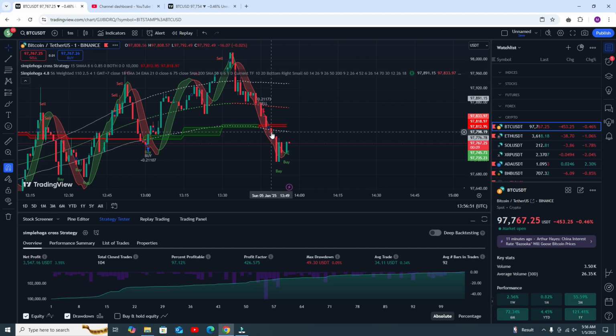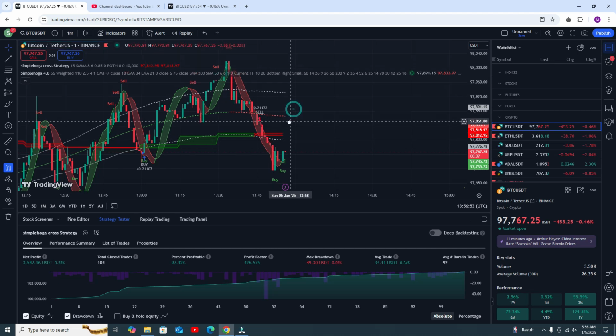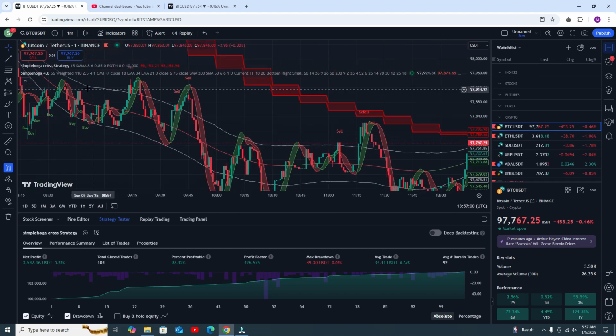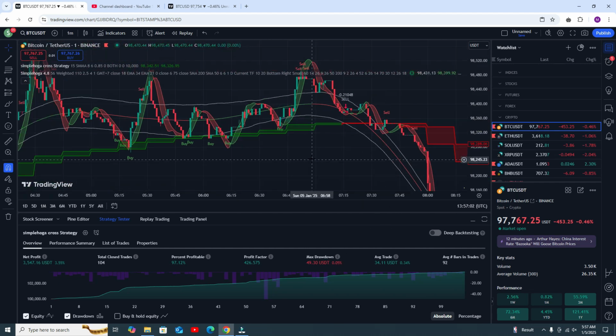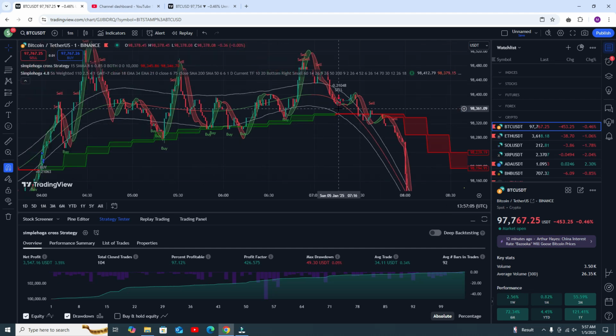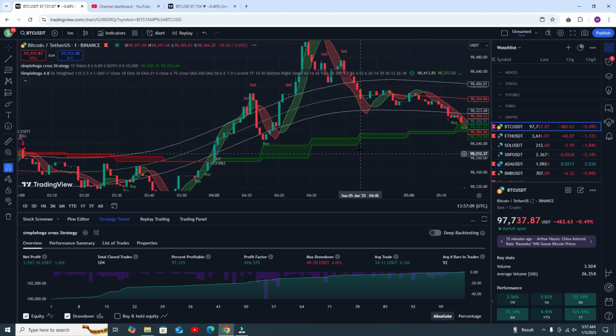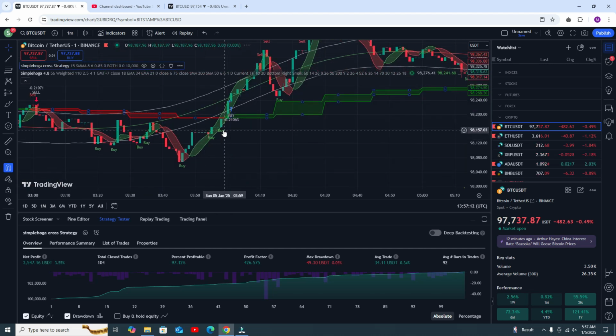Why? Because the sell trade will start from this point, this upper band line. Let me show you here. That is actually fine. I need to explain something very important like this one. Here you can see the buy signal came when the candle is very close to the upper band line, so we do not need to go for the buy trade. If you want you can go, but I will not recommend it.